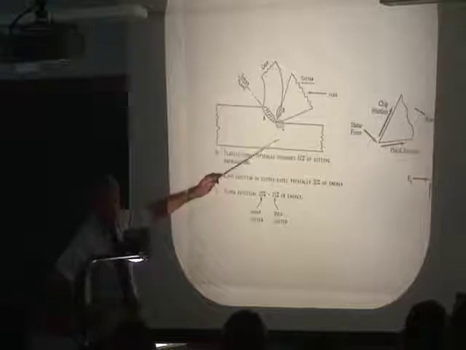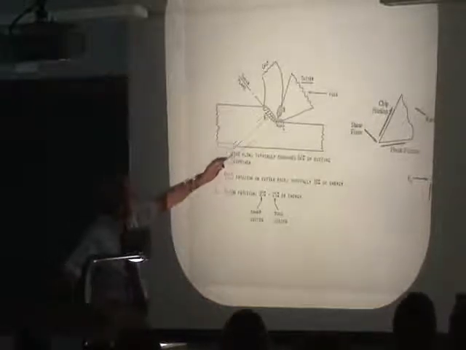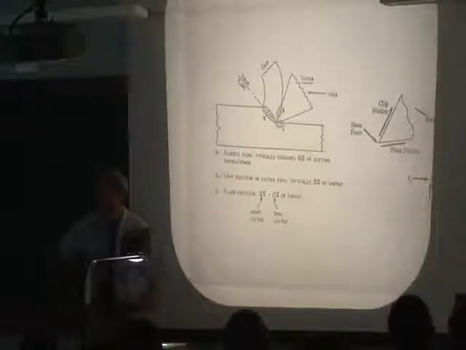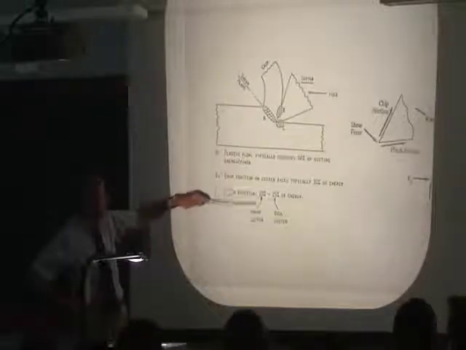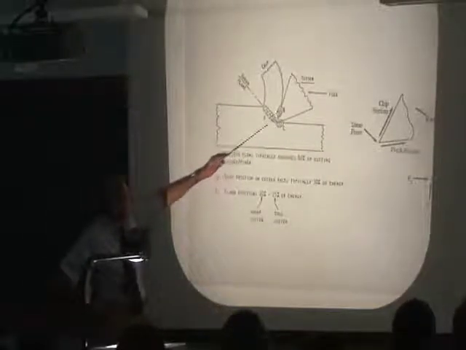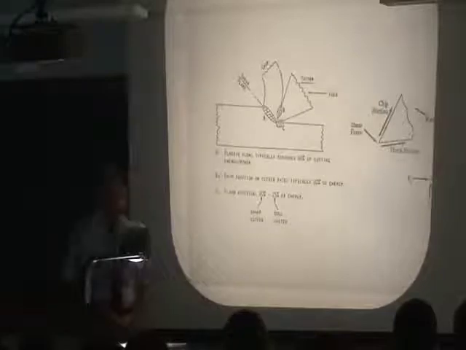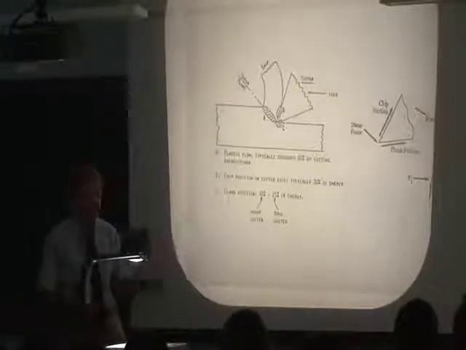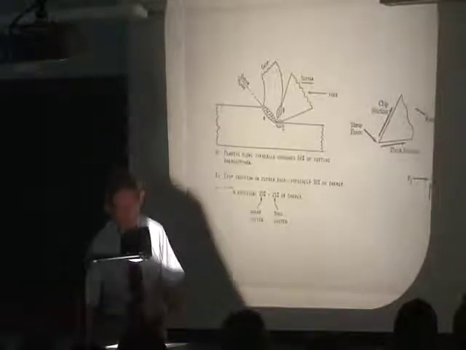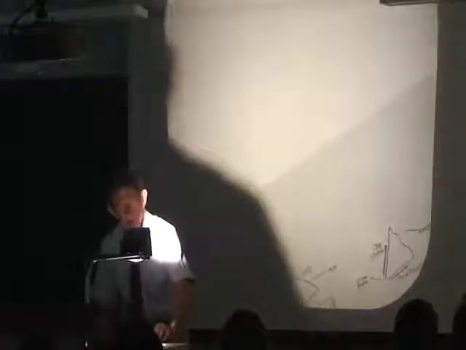About 60% of the energy you use goes into this process of actually tearing away the chip. And the rest of the energy goes into friction. A lot of friction here and friction on the tool face. And now this very basic material processing step is embedded in lots of different tools. And the most common thing, most machining you do in engineering is to make holes. Lots and lots of holes.